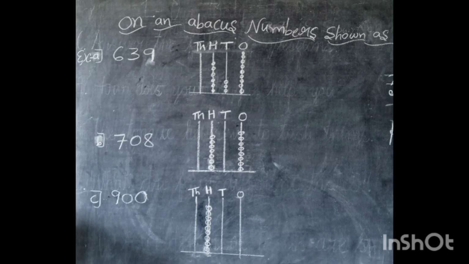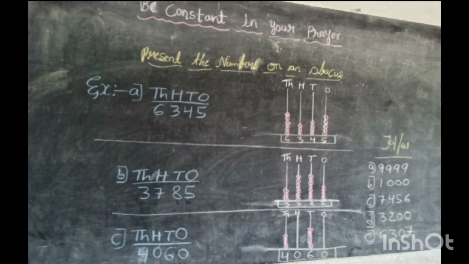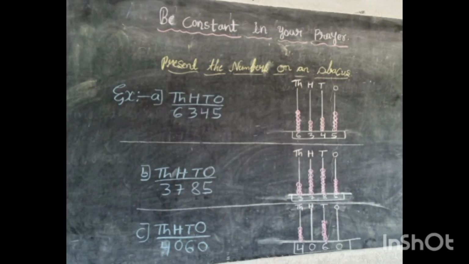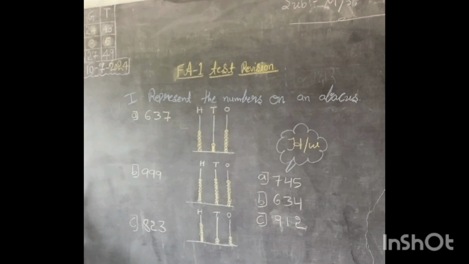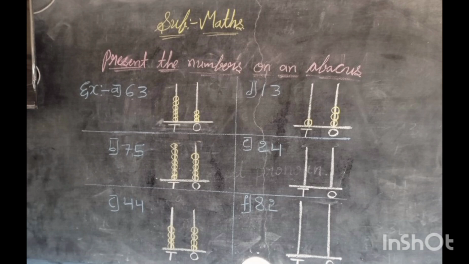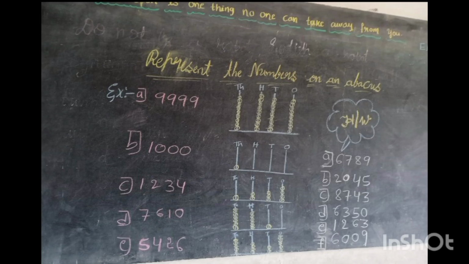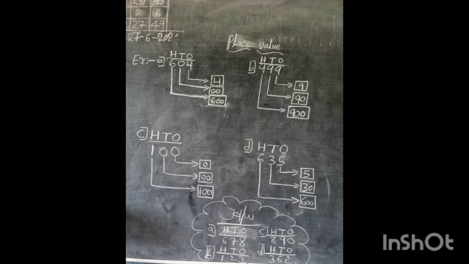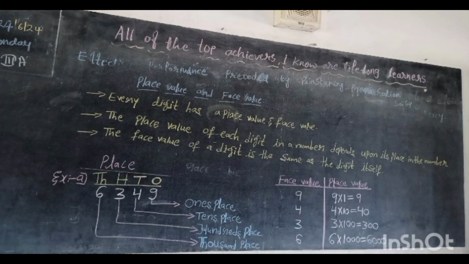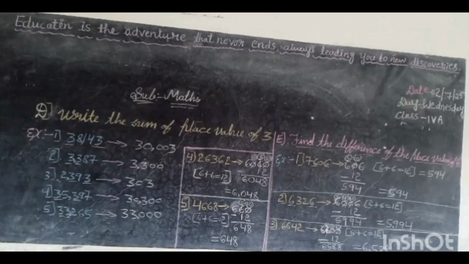Like that we should draw the pictures and present the concept of ones, tens, hundred, thousand, and read the numbers. Then we should take abstract method, place value of number by abstract method. Abstract method means we should present the place value of number with numbers. We should teach the place value concept through numbers.